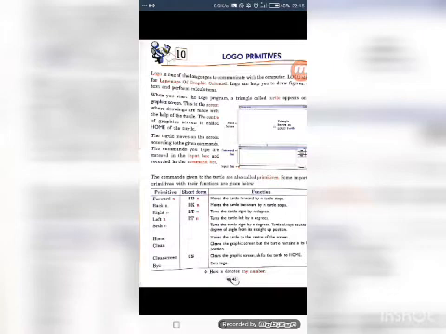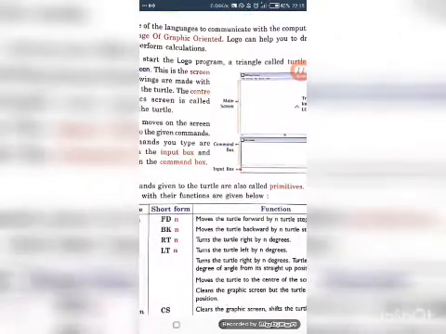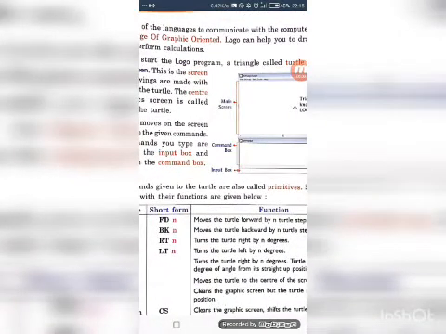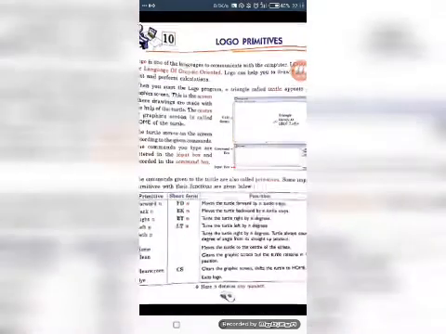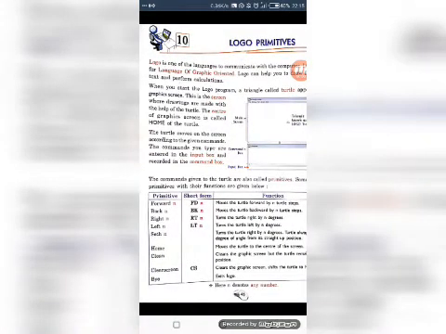Next one is right. For that we can use RT as short form, and we have to write that RT or any short form we want to give command to our turtle in the input box, and after executing it you can see that in command box. For left we have LT. For right and left, RT and LT, this command turns our turtle by n degrees.